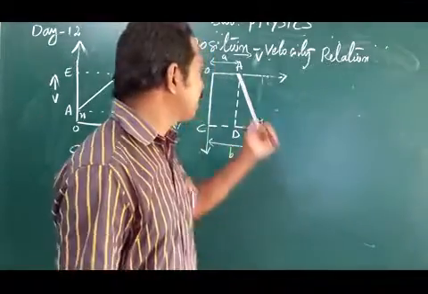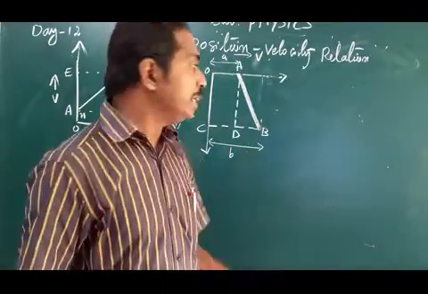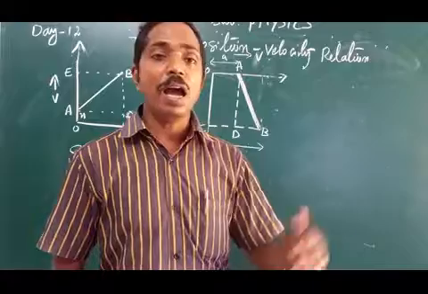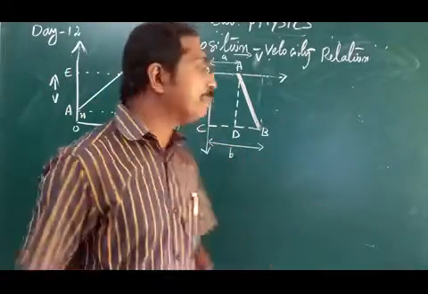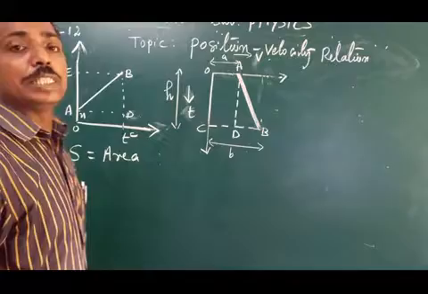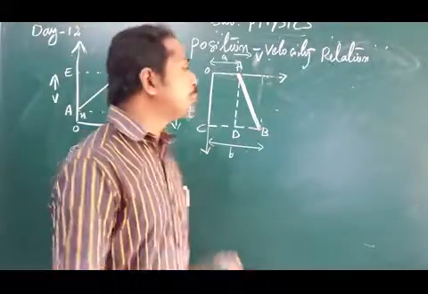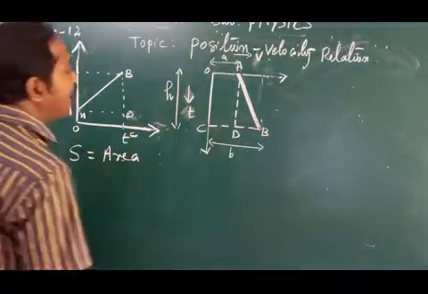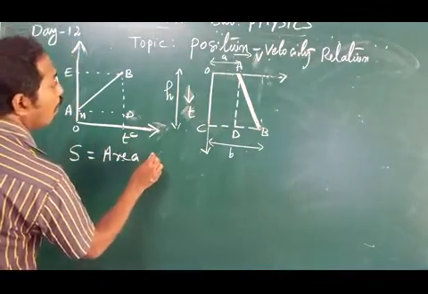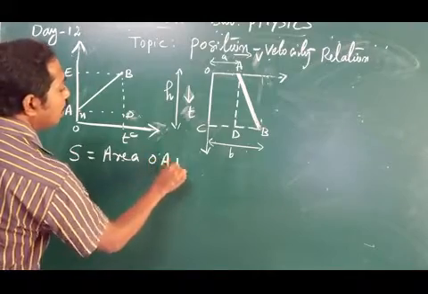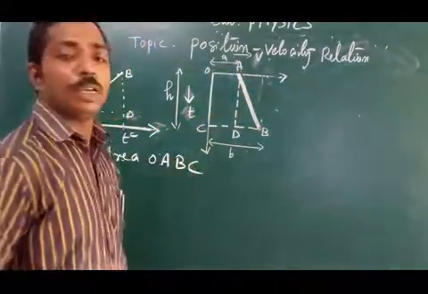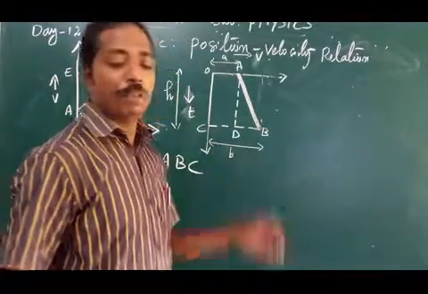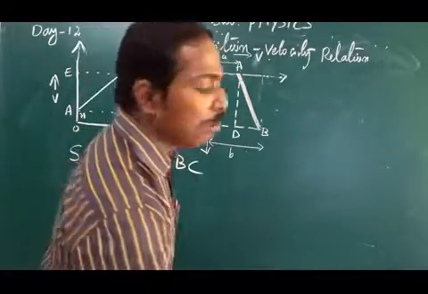So the nature of the graph is a straight line. Then we are considering the area below the graph. The area occupied below the graph gives the distance traveled or magnitude of displacement. So we have S equals area OABC. Like the previous OABC. Then we are starting like the previous case only, but here